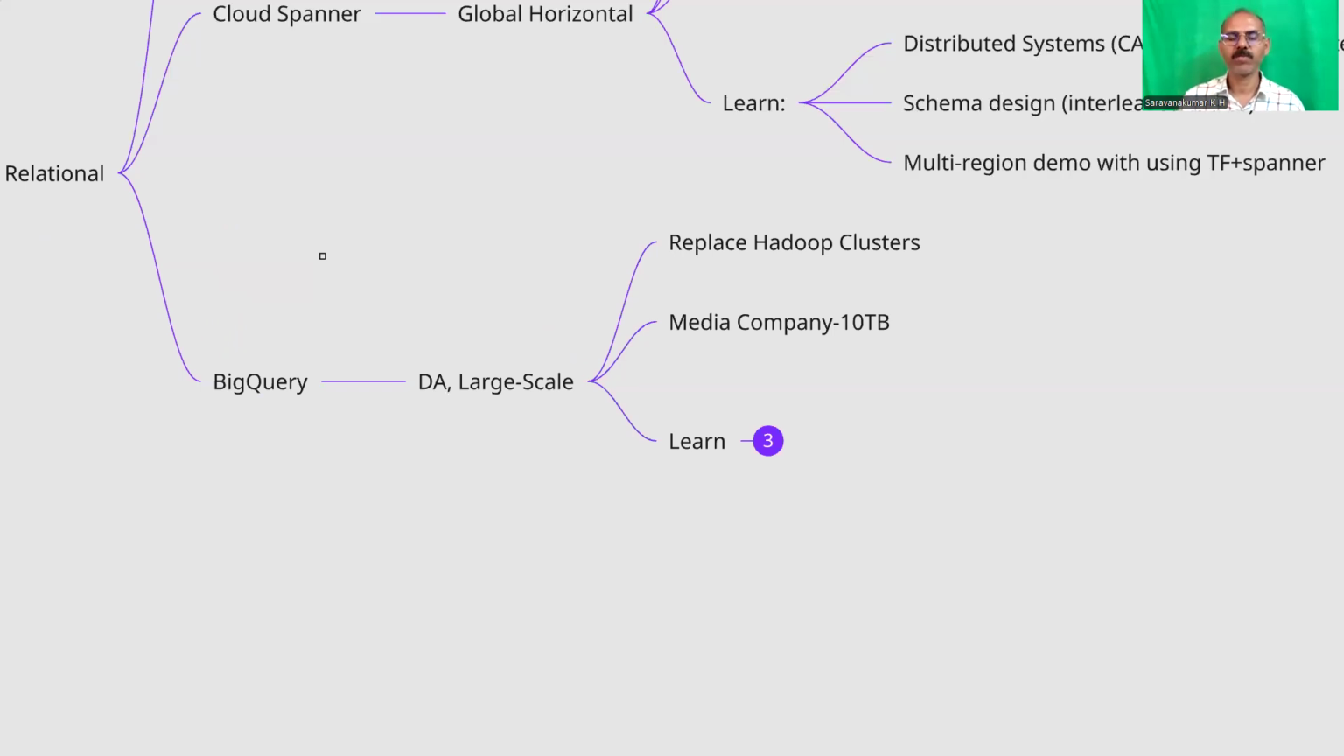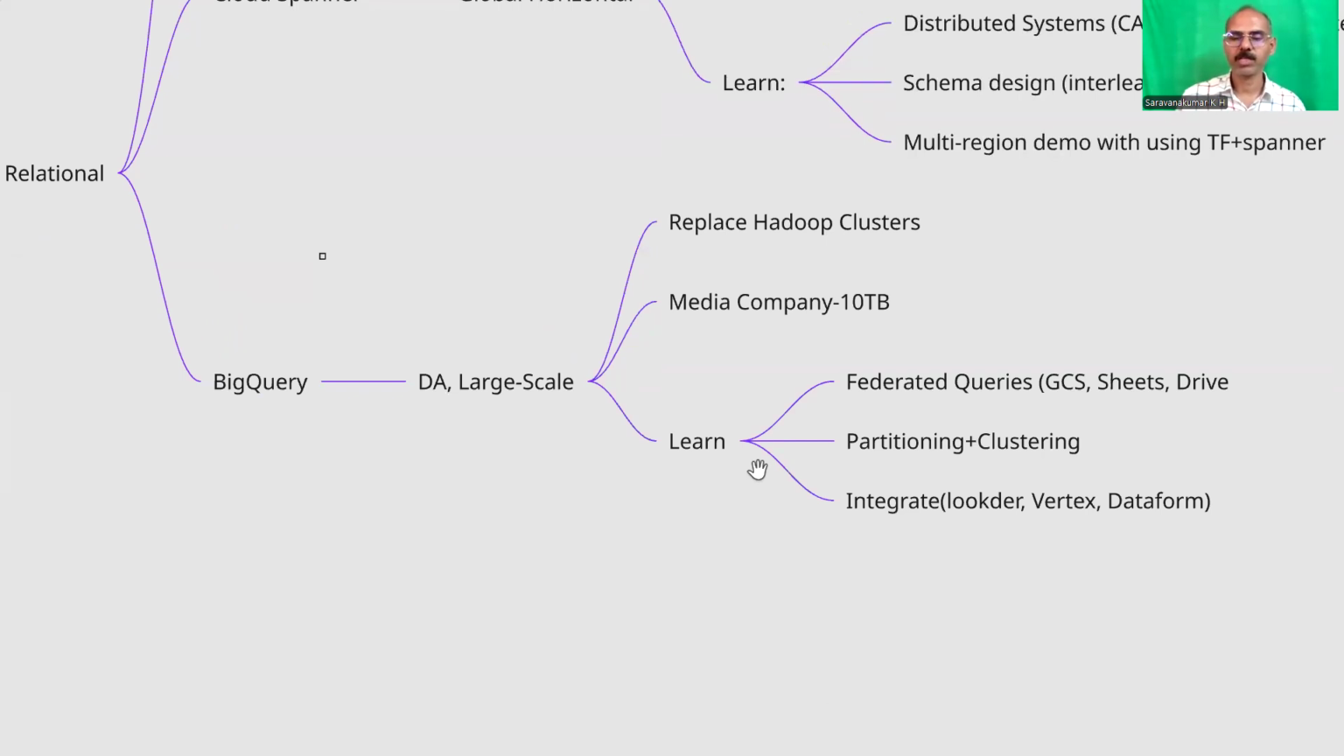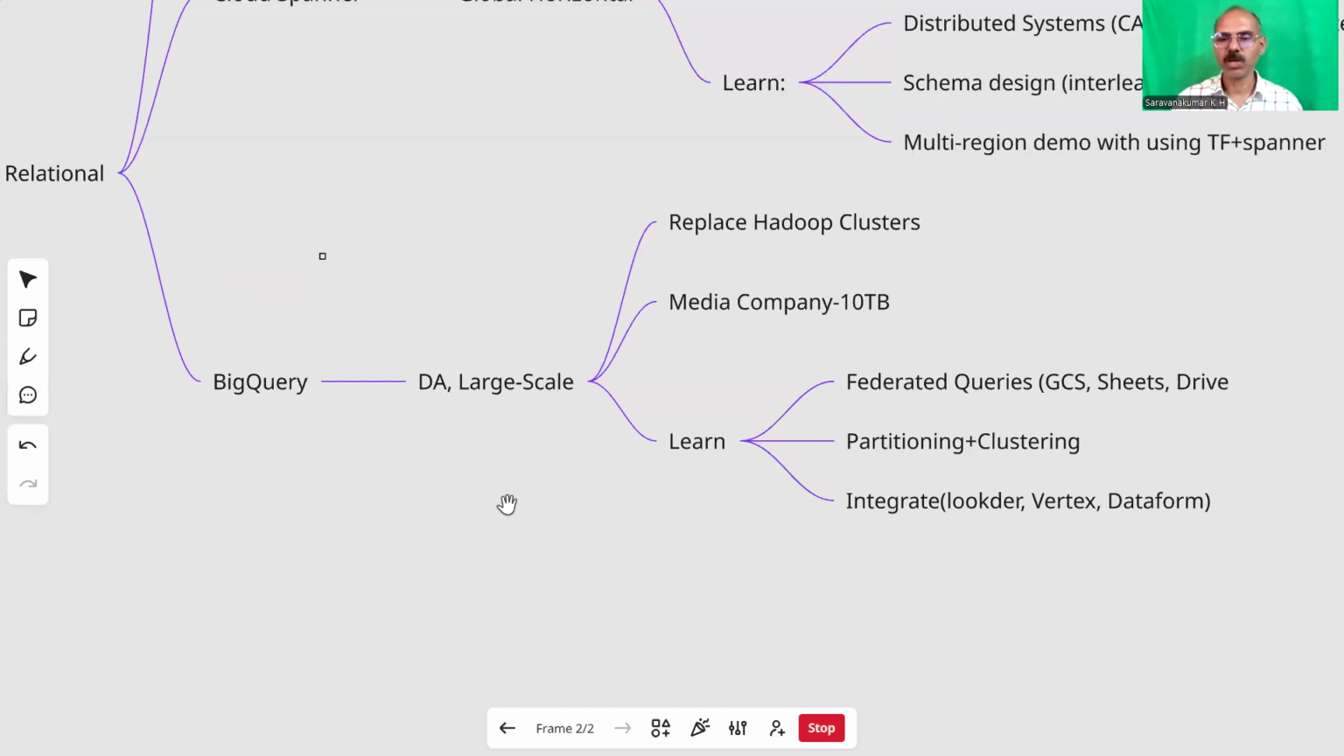For example, we can say it is very much utilized in media companies, where, as I was talking about, there is a large scale of data, like 10 TB of data, etc. You can store it. And if you want to become an expert, you need to deep dive on federated queries, that is Google Cloud Storage, Sheets, Drive, etc., and partitioning plus clustering. And also, you need to know how you can integrate with Looker and Vertex AI data forms in the